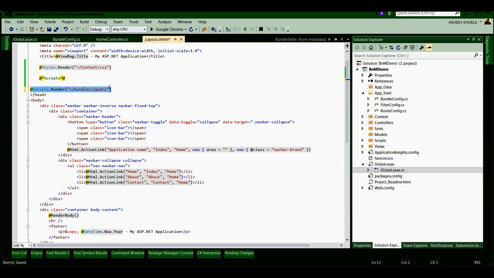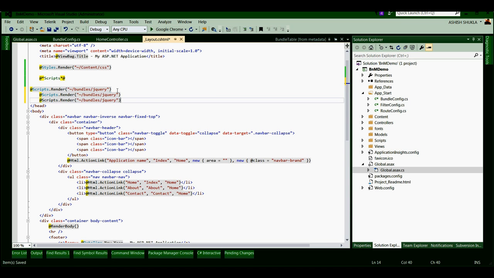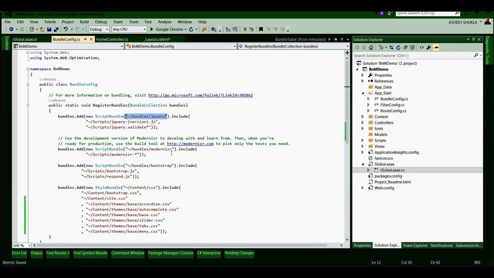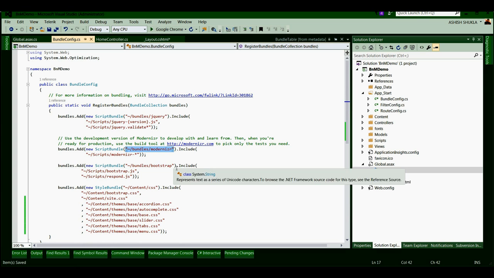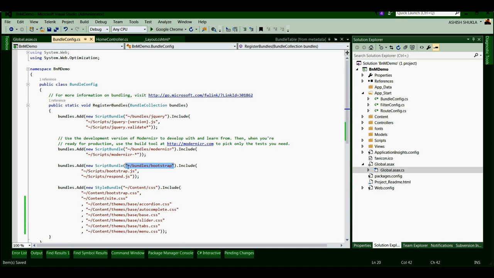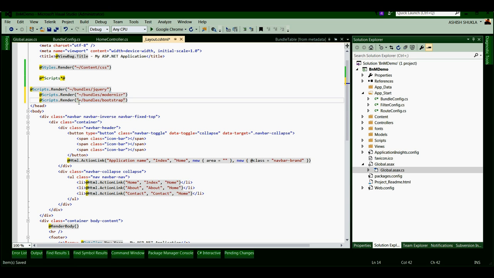Similarly we can put here the bootstrap and Modernizr. So let's copy the path of Modernizr and bootstrap. Here we can paste the Modernizr, and similarly we can paste the bootstrap. So let's make a quick build and run the application.